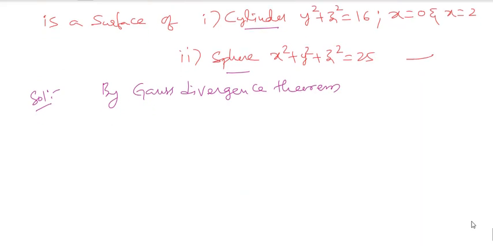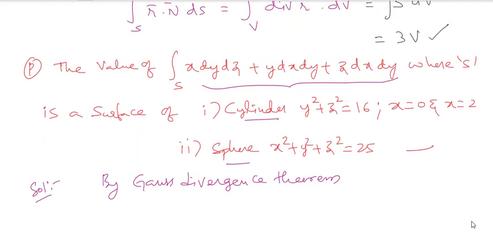So that is a Cartesian form they had given. By Gauss divergence theorem, we take the divergence of this one. So I am converting to a volume integral of divergence of f bar dv. Again 1, 1, 1, so again the integral of 3 dv will be there, which is having 3 into v. That's all.